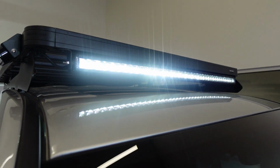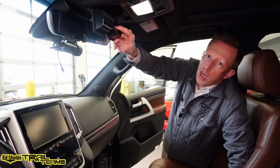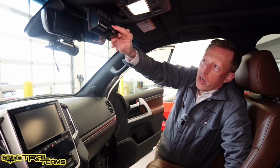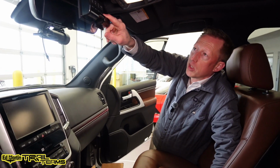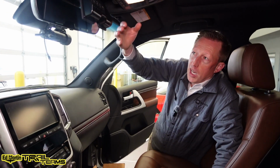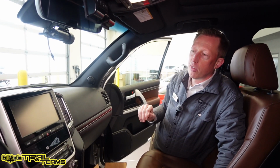Then we have the front light bar, the rear light bar, the grille light bar, and then we have the rock lights. The rock lights are currently wired so that if you wanted to turn them on while you're driving, you could. Probably wouldn't be legal in most states, but you could. It's really designed for if you're on a trail at night, maybe it's dusk and you need a spotter, nobody needs to get a flashlight out, you can just turn on your rock lights and have a nice glow